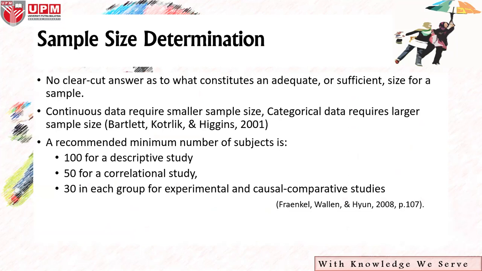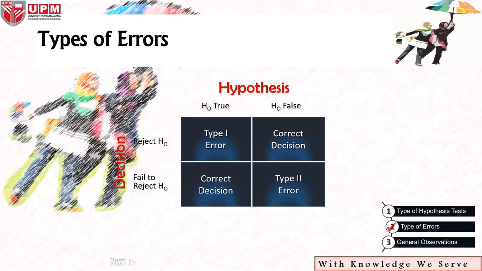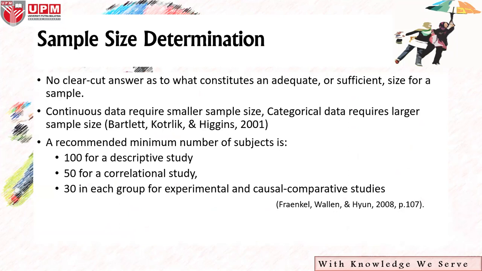So, macam mana kita to reduce these two error ni, one of the ways that we can reduce is by determining our sample size. The method that we use to determine our sample size. Salah satunya start daripada macam mana kita tentukan bilangan sampel yang kita perlukan. Belum lagi pilih, tentukan dulu bilangan sampel yang kita perlukan.